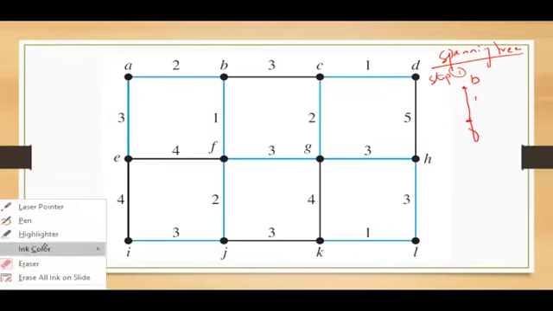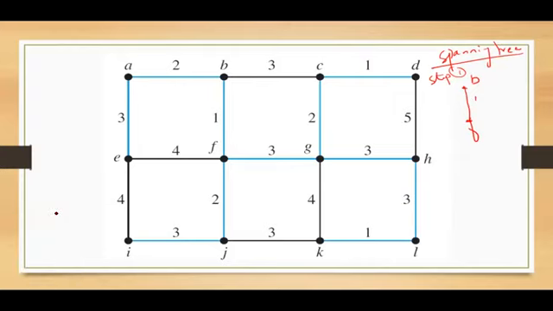So now after this, what you have to do is successively, step by step, add the edges of minimum weight that are incident to a vertex already in the tree. So to this BF, see what edges are connected, and among them which has the smallest weight, keep on adding them such that it does not form a cycle, because the main criterion of a spanning tree is that it should not create a cycle.